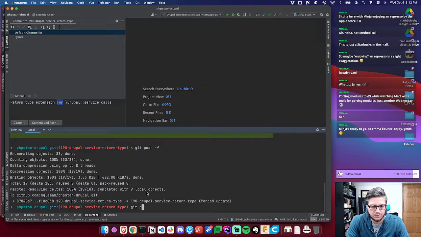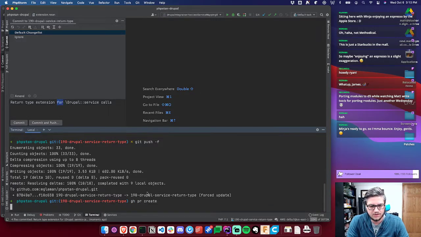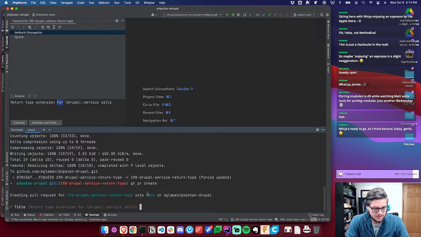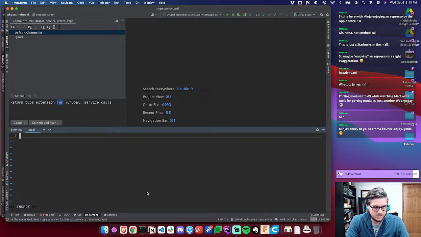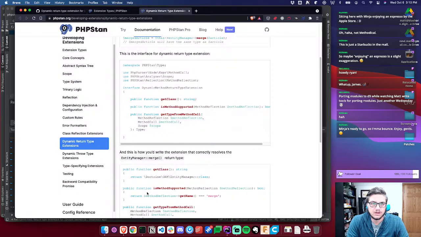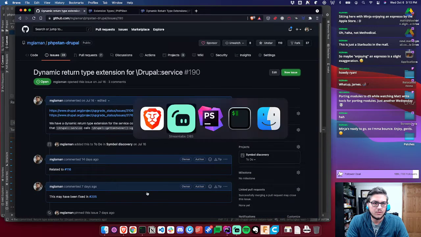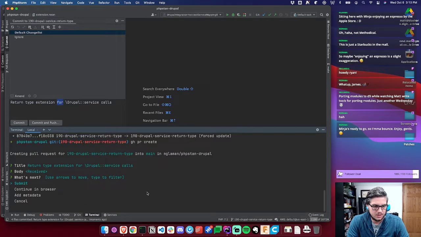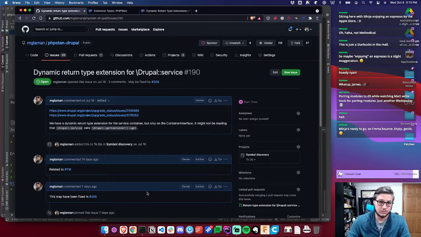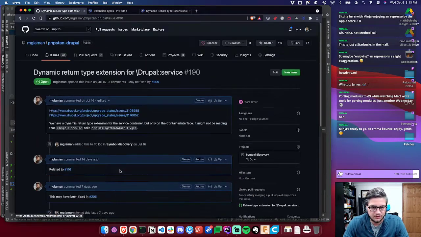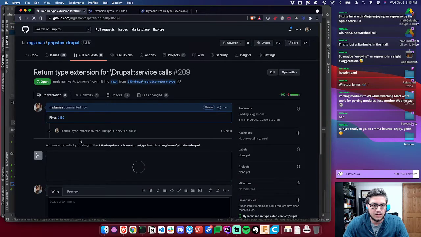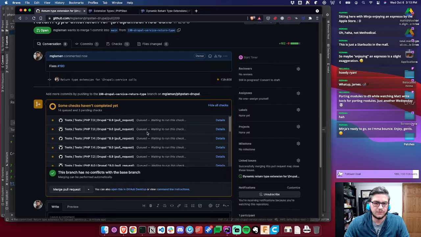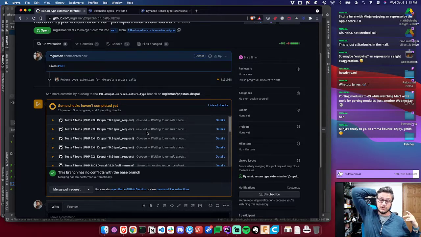GitHub PR create. Fixes 190. Awesome. So we now maybe fixed by 209. And we'll wait for these tests to pass. And if this passes, we'll now have a lot more coverage on